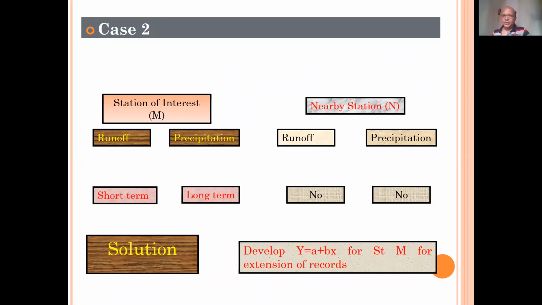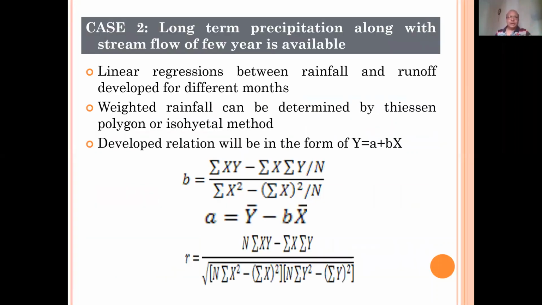So what we will do, we will develop an equation between rainfall and runoff in the form of y is equal to a plus bx. So a simple relationship we will develop for the station, and we use this equation to extend our records. So a linear regression between rainfall and runoff will be developed,